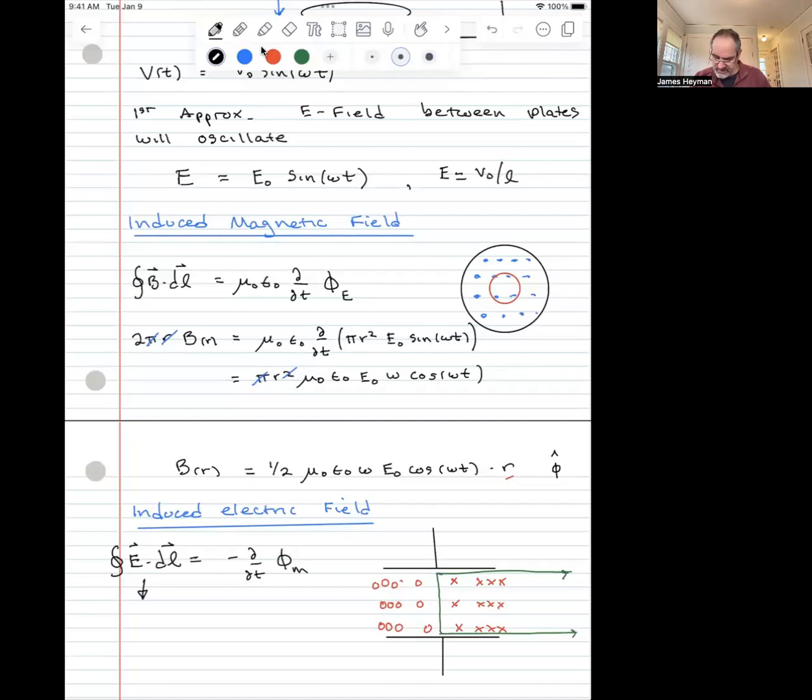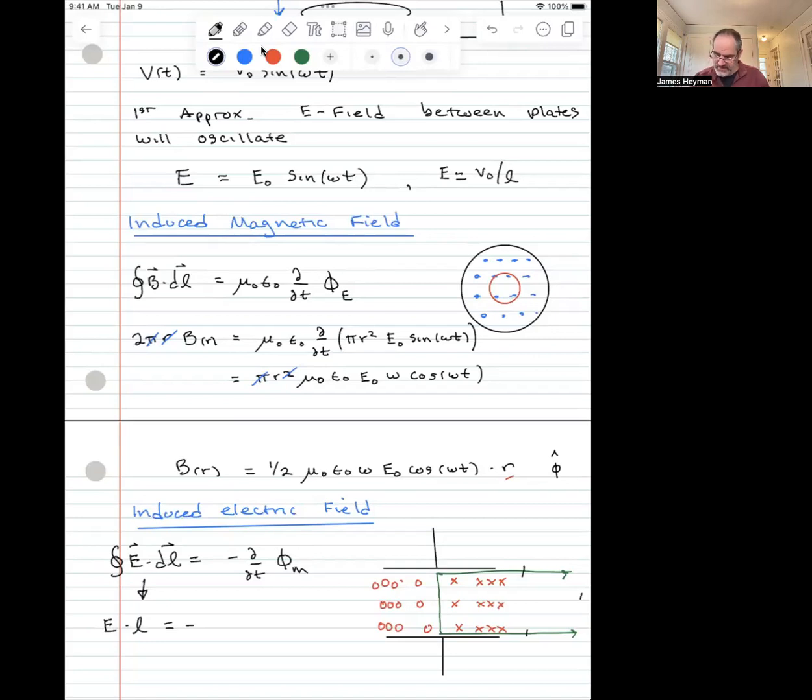It'll have a term on the left side, which is just E times the distance between the plates, L, and then the terms on the other sides will be 0, either because the loop is perpendicular to the direction of the field, or in the case of the side that's infinitely far away, because we know that the electric field from the charged object will be vanishingly small when we're very, very far away. Meanwhile, on the right side, we have minus the rate of change of the